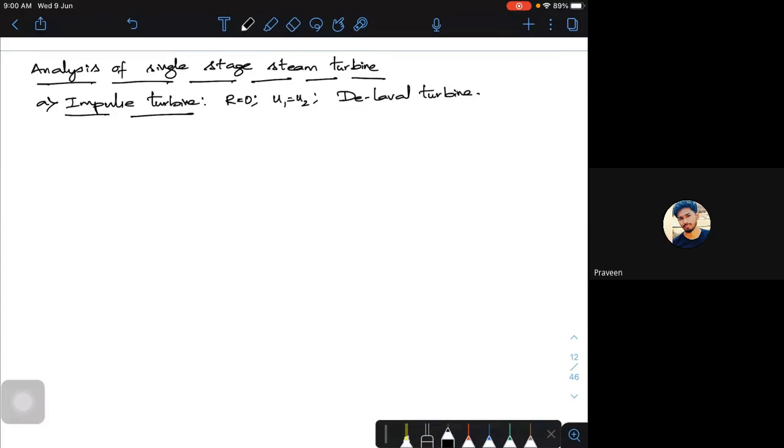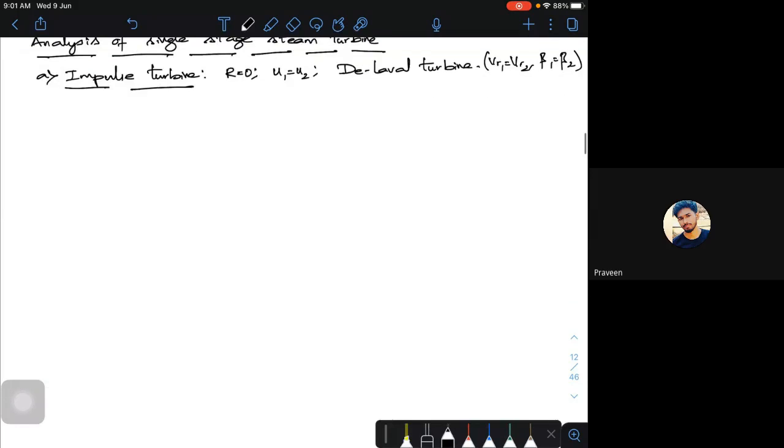If I go with a De Laval turbine, here the relative velocities are the same because my blade angles are the same. It's only for the case of De Laval kind of turbine, which is extensively used in most of your impulse steam turbines. So the condition is VR1 is equal to VR2 because my blade angles are the same. This is only for the De Laval type of impulse machine.